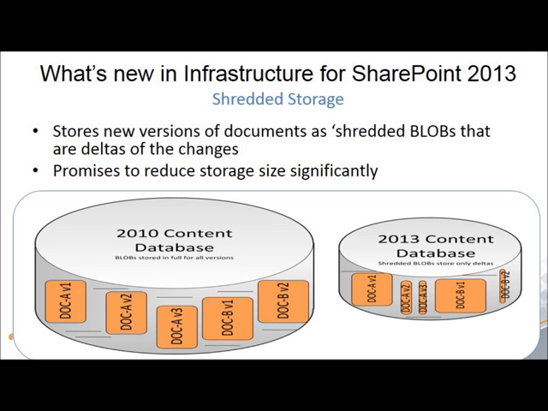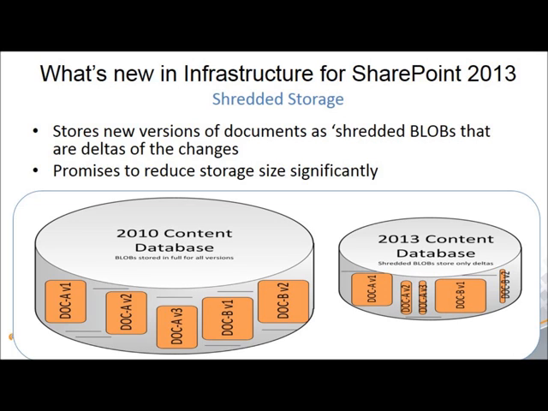Well, roughly 98% of the average size of a content database in SharePoint 2010 is composed of blobs. So this is why the SharePoint 2010 content databases would get so large so quickly, because of this concept of the blob: the blob is stored in full, and not only that, but every version of a document is stored as a full blob. So if you had a 50 megabyte document and you were saving the last 10 versions of that document, but each version only had around a megabyte of changes, you'd still be storing 50 times 10 or 500 megabytes of